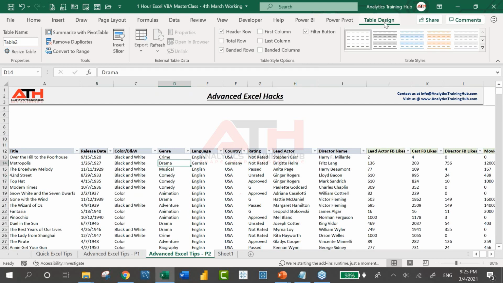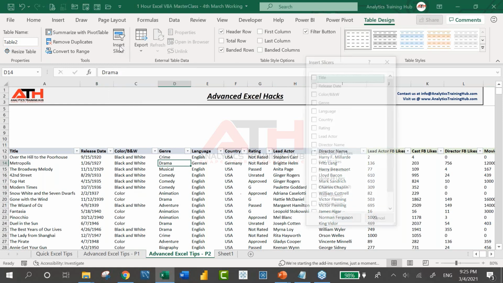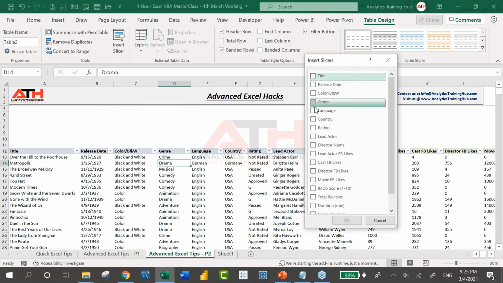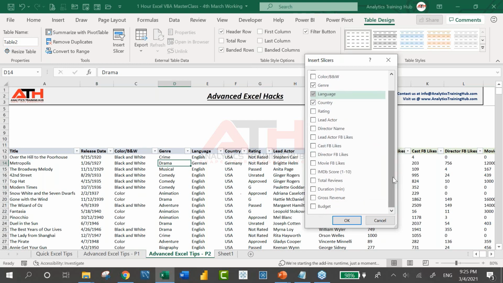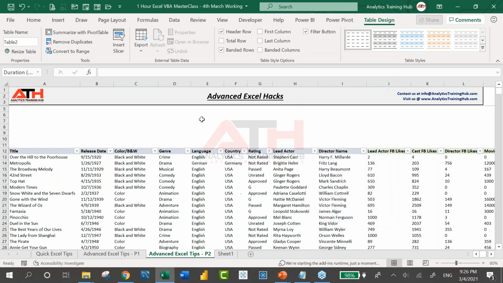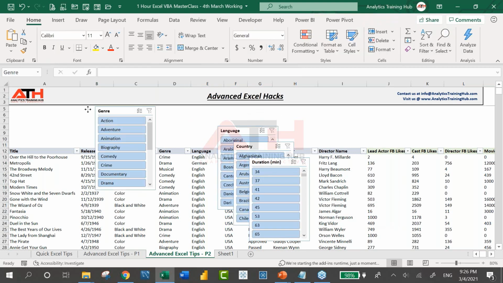Now in table design only, I see one option called insert slicer. I come here and let's say I want a slicer or the filter of genre. I'm going to show you guys what it does, not to worry. Country filter I am looking at, language filter I'm looking at, and then let's say duration, and I've got the four filters here.